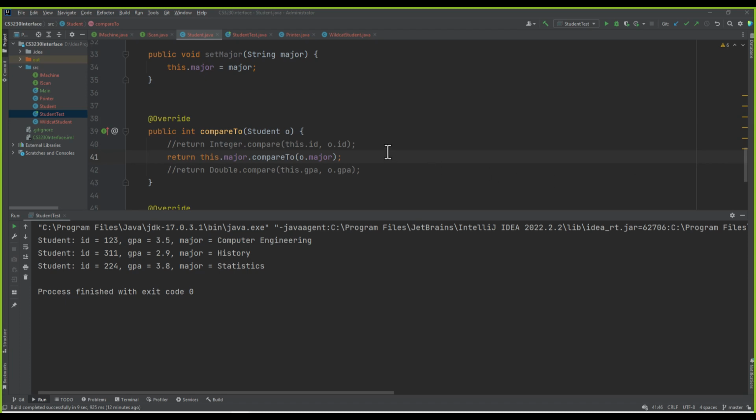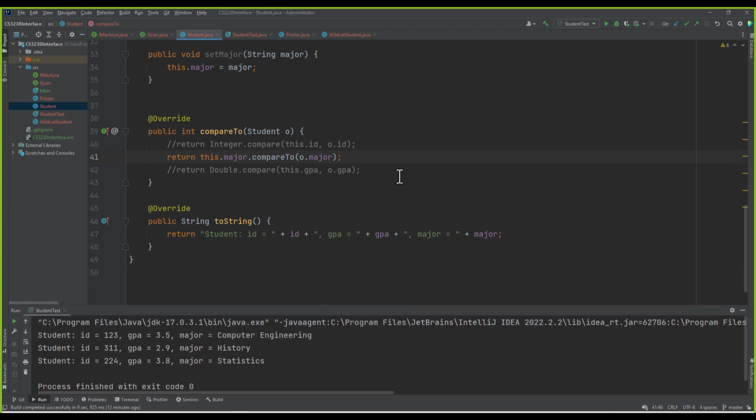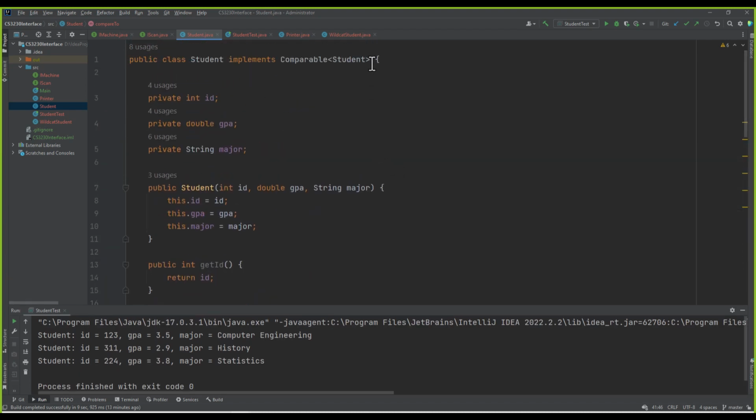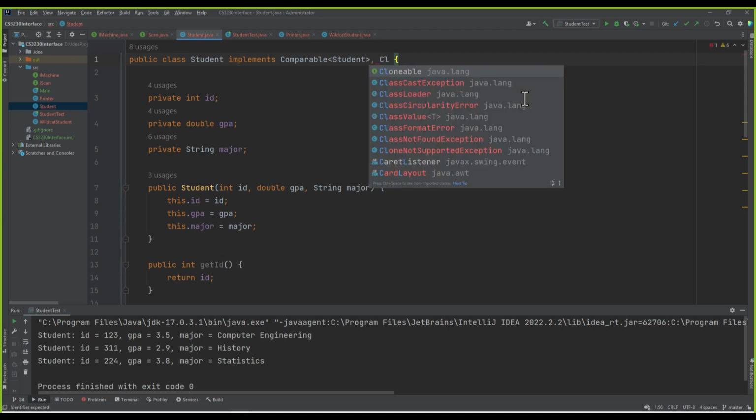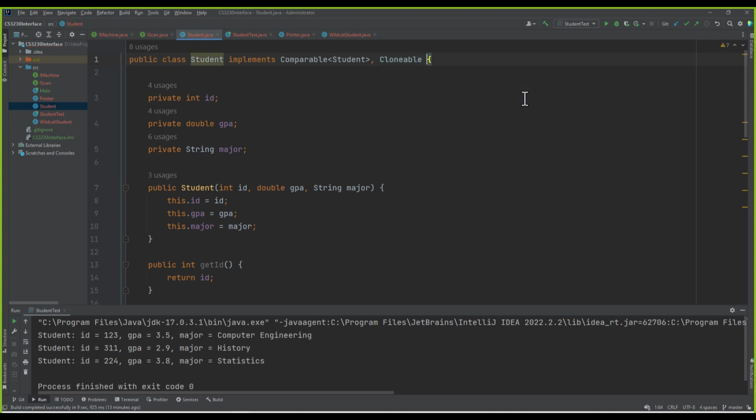Yeah, let me implement another interface that came with the JDK, part of the library. Now we implement Comparable, so we can compare our Student objects based on whatever we want to compare. And now I'm going to implement the so-called Cloneable. Cloneable is not a generic interface, so we don't have to specify Student like this. We can just add it to the list of the interfaces for the Student class. Now you can see we do not see any error messages